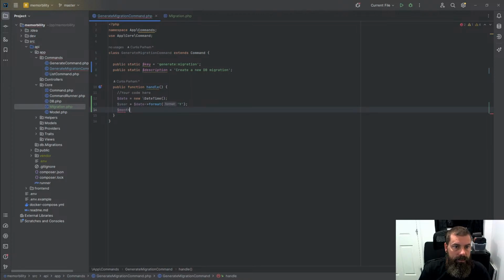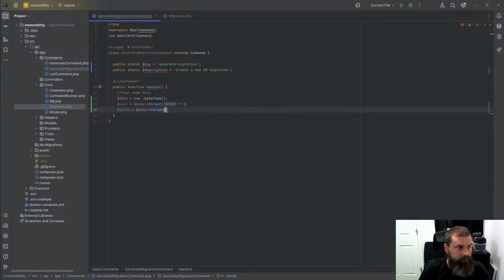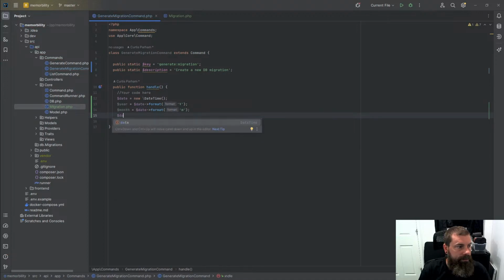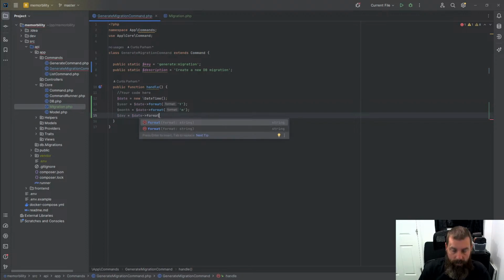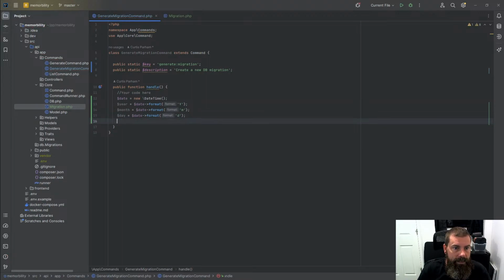Month is going to be equal to date format, lowercase m, and the day will be equal to date format, and this will be D. Now we have the current year, month, and date, and so then the file name,